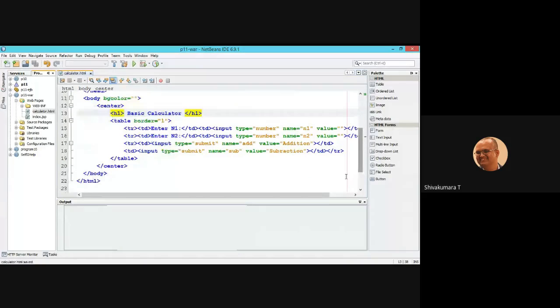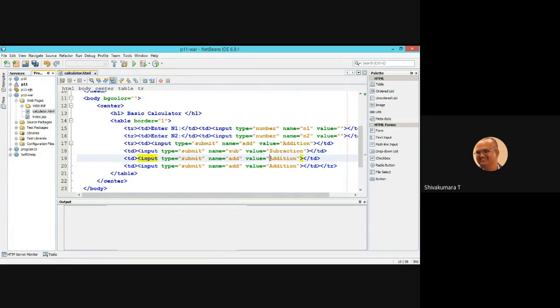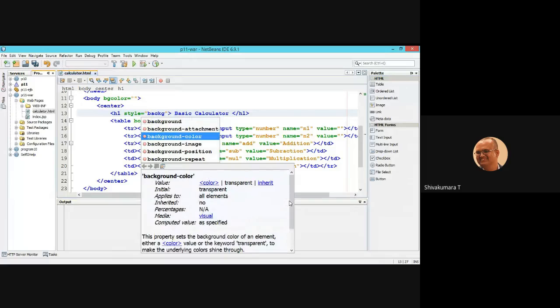Similarly, addition, subtraction, then multiplication, division. Okay, style equal to background color.